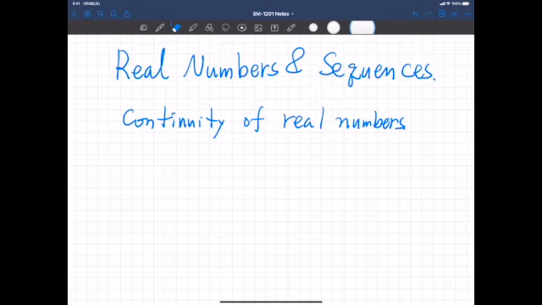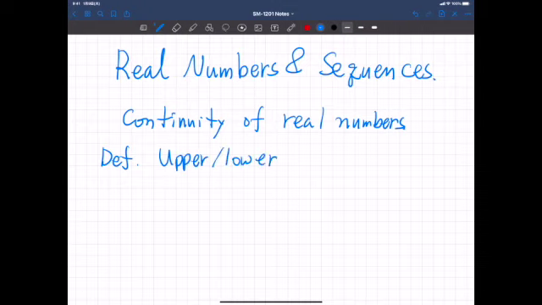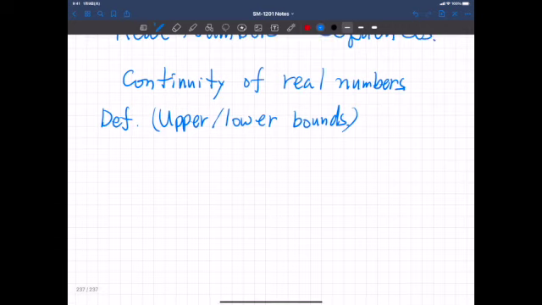Okay, so first start from the definition of upper bound and lower bound. Okay, upper and lower bounds. So suppose S is a subset of real numbers and alpha is a real number. So this S is any set of real numbers. Okay, and first, if